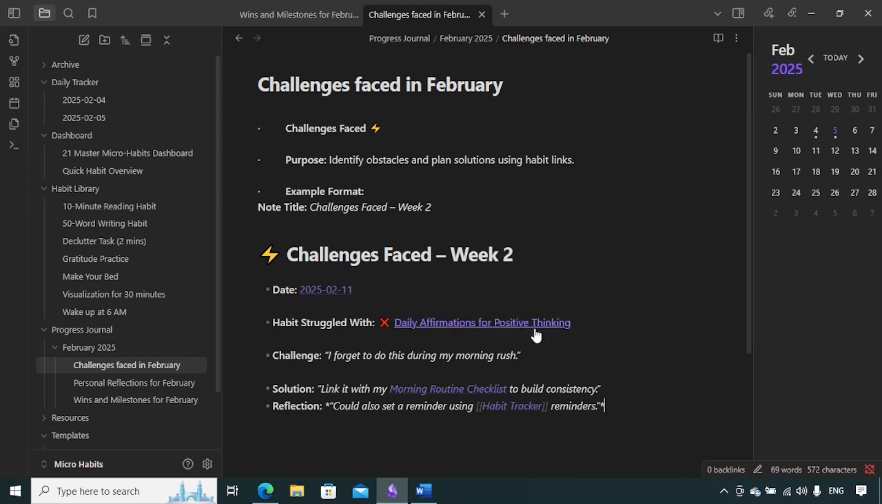Daily affirmations for positive thinking. And the challenge is, I forgot to do this in my morning rush. In the morning, you were quite busy and you couldn't do it. And the solution is, link it with my morning routine checklist to build consistency. And the reflection is, could also set a reminder using habit tracker reminder. So if you can link this morning routine, if you can link this daily affirmations for positive thinking, if you can add it